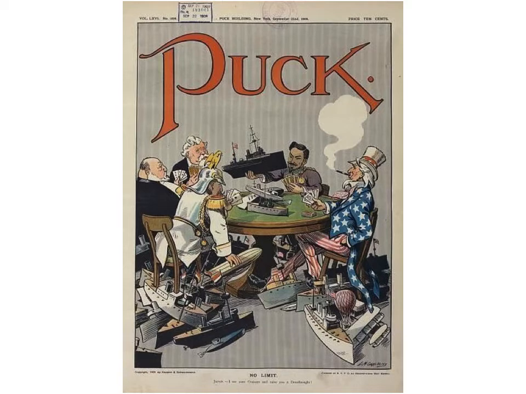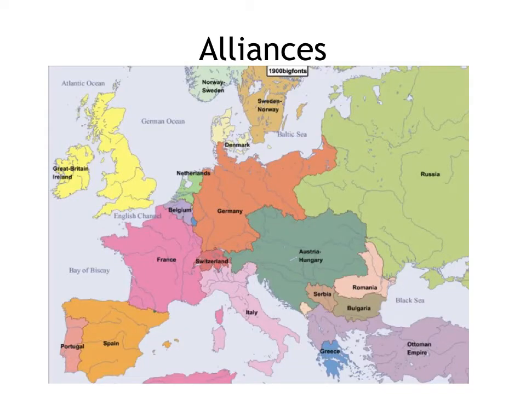Following that, we now get the A, which is alliances. So when it comes to these alliances, there's a couple of general things that you really need to know that are super important. Number one, the alliances in general were all secret. Now that's a big deal